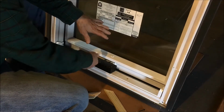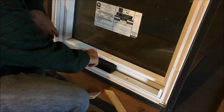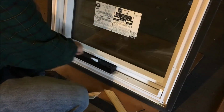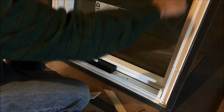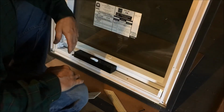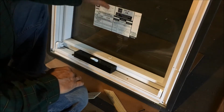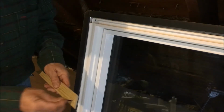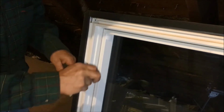to make sure that the whole window is square and snug. So now I have a nice snug seal. The lines are even all the way around, and I'm ready to put on my corner brackets and my other brace. So what I'm doing now is installing each one of the brackets, and as I said,